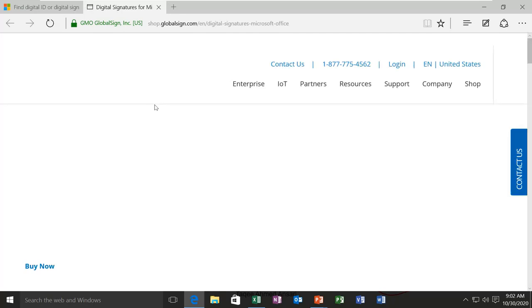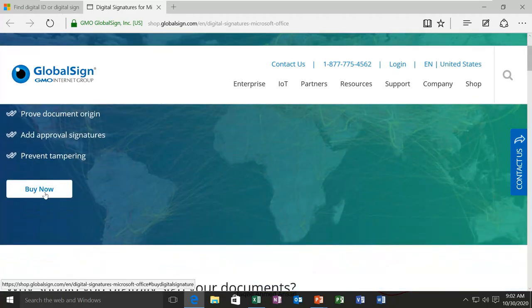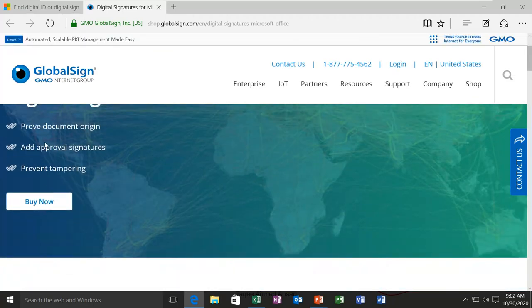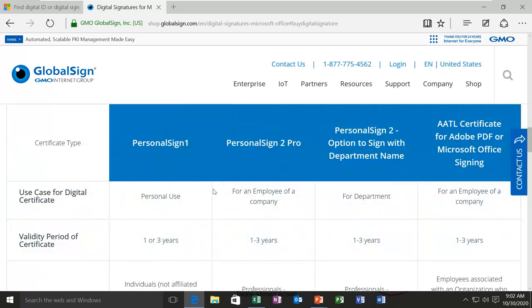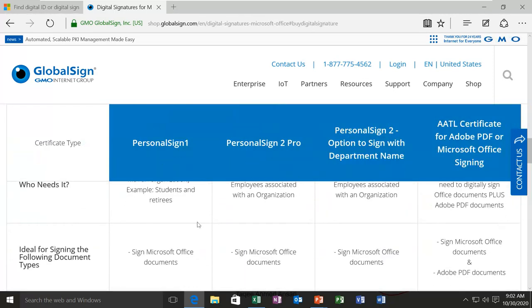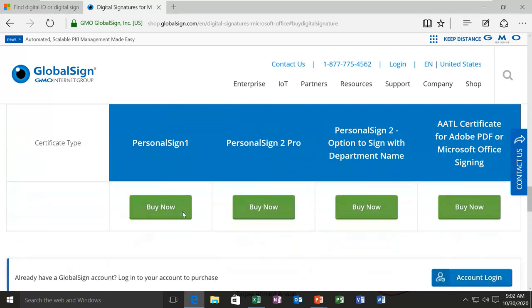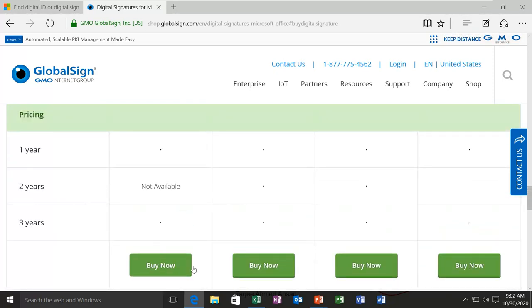You can go to their site and you can get the signature service, but it is not free, you have to pay for that. If you go there, it will show you the program plan, so you have to buy that. So if you click buy, then it will show you the plans for this. Different plans they have with different benefits. So if you are satisfied, then you can purchase that.